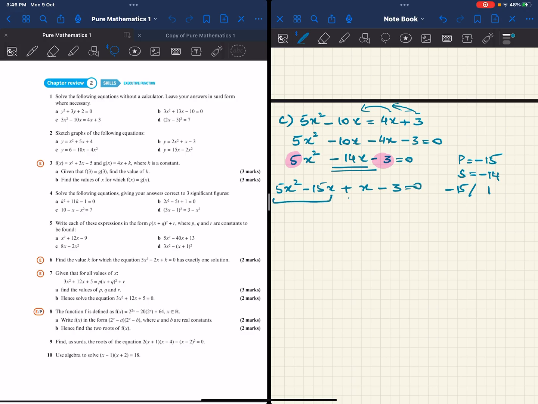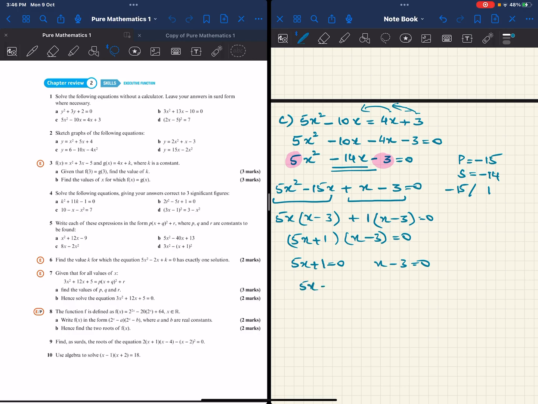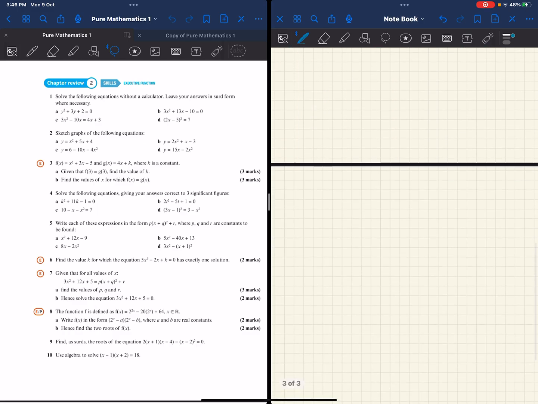Take common from the first two, take common from the last two. So we have 5x into x minus 3 plus 1 is common in the last two terms, x minus 3. So we have 5x plus 1 into x minus 3. Therefore, 5x plus 1 is equal to 0, x minus 3 is equal to 0. 5x is equal to negative 1, therefore x is equal to minus 1 by 5, or x is equal to 3. That answers question C. Moving on to D,